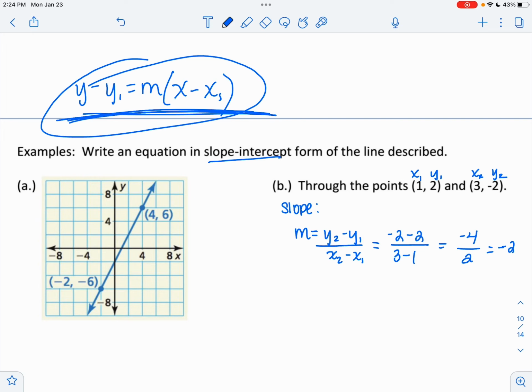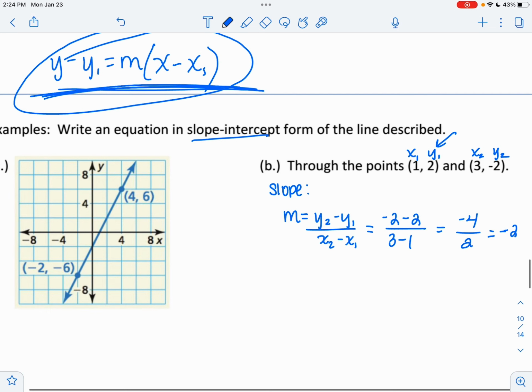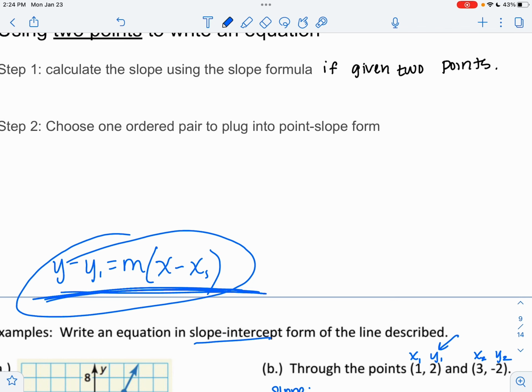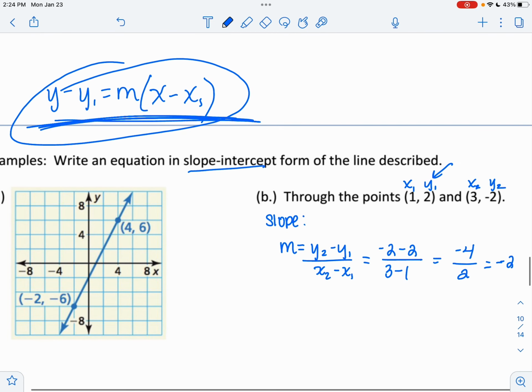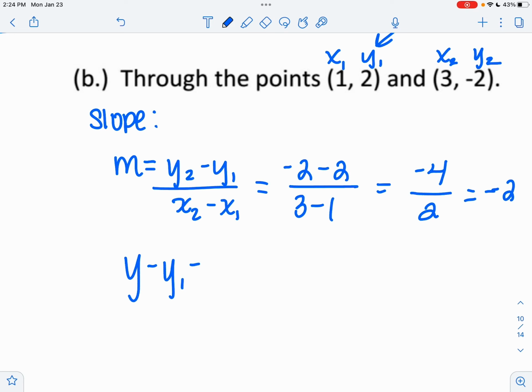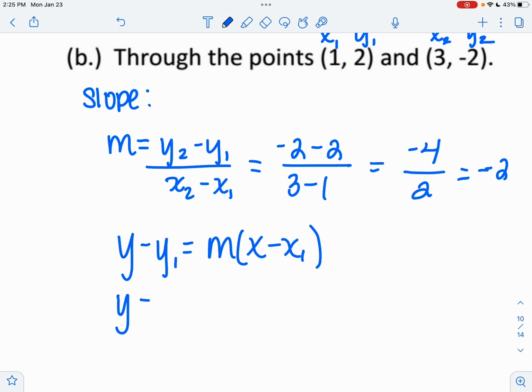Once you have your slope, you're going to choose one of the points to use. Now, I've already labeled this one x1, y1, and that's usually what I use, whichever one I've labeled x1, y1. So then the second step is choose one ordered pair and plug into point slope form. So remember, point slope form is y minus y1 equals m times x minus x1. And your y1 is 2, so y minus 2 is equal to